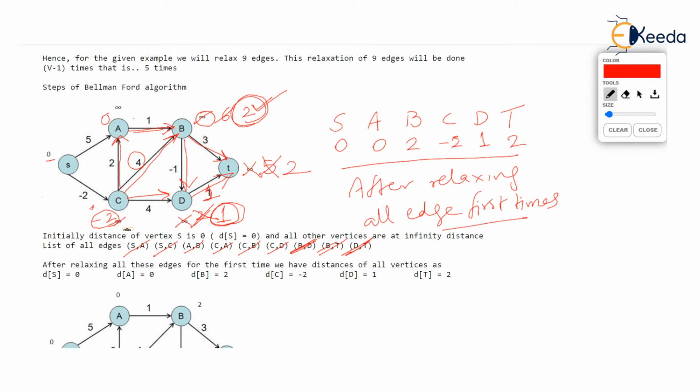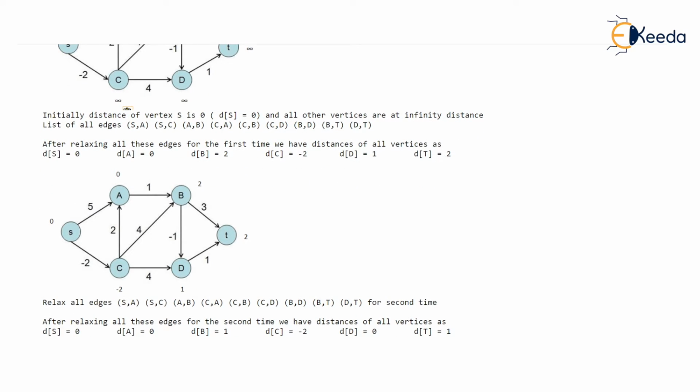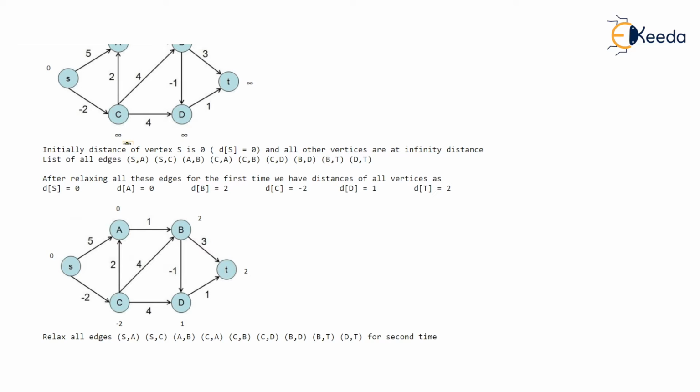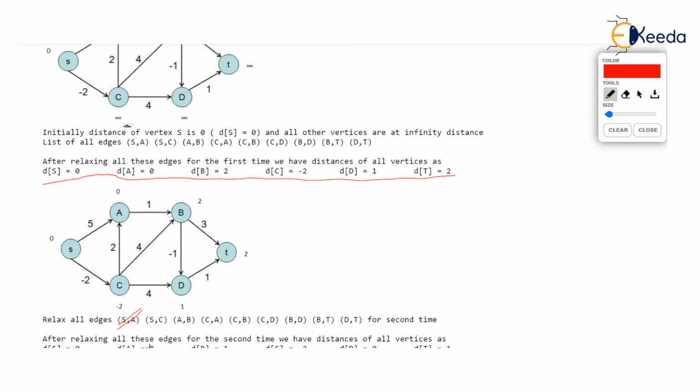So I'll erase a few things here. Now notice these are the distances that we have got after relaxing all the edges for the first time, isn't it? So I updated the graph. Initially, all the vertices were at infinity, but notice these are the new distances and that have been written on top of each edge. Now we will have to relax all the edges again. So at the bottom of the screen, we have the list of edges again, S comma A. Let's try to relax this edge, S comma A. Now what if we relax S comma A? Try relaxing S comma A, this edge.